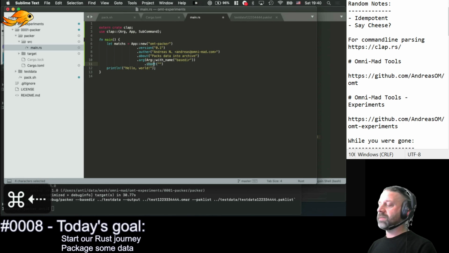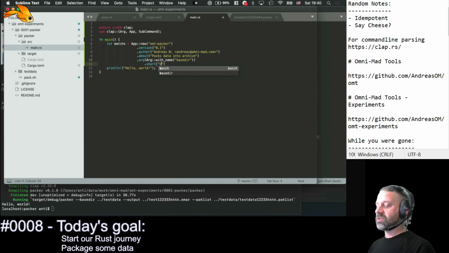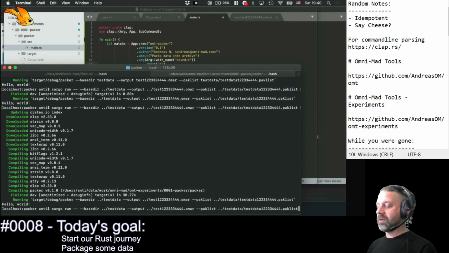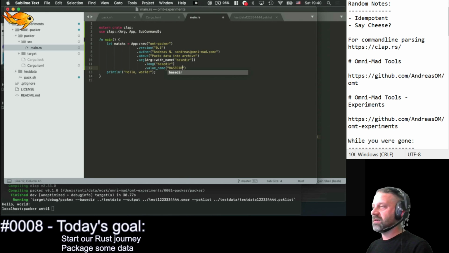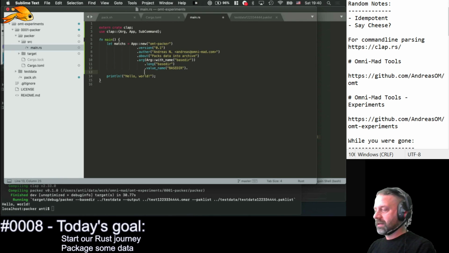I'd rather want it explicit. So if you put short here, we could say B is a short switch, so dash B would work here. But I'm not a fan of that. So the long version is basedir, and the value name is basedir, and the help